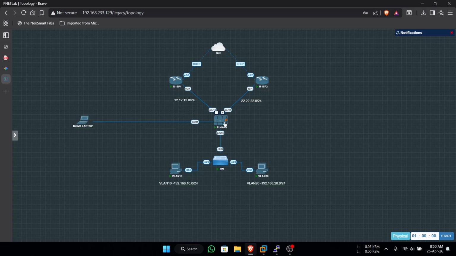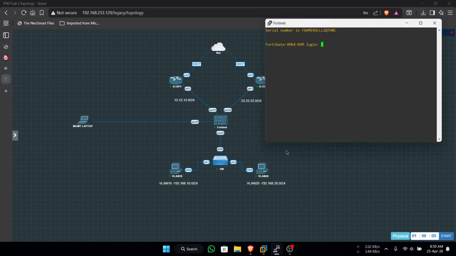So let's get started. Login, the default is admin and the password is nothing, just enter, but you are forced to make a password. I will make 123123. Okay, after that, config system interface.